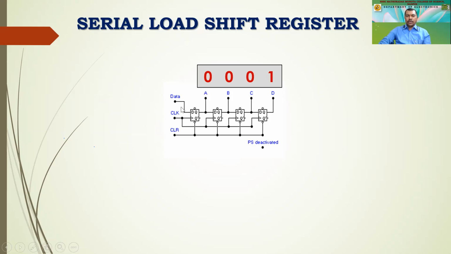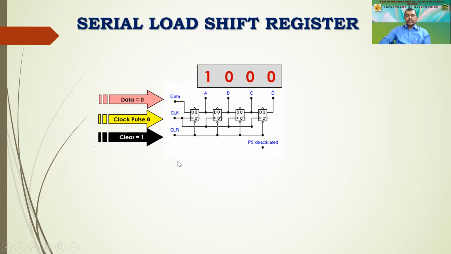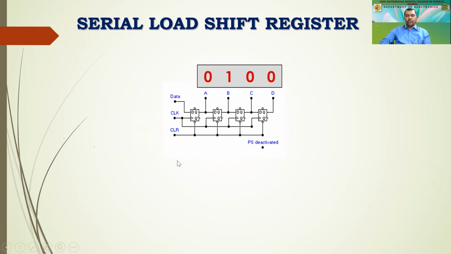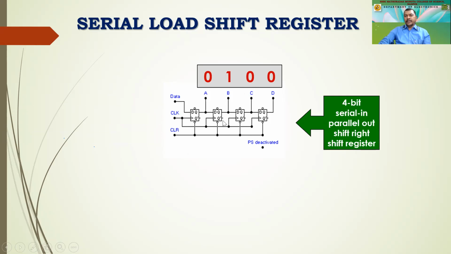So I've given another clock, so we are having this fourth now. Then I've shifted again by 1, so it is changed. Similarly, as you keep on moving, all the 4-bit data is being taken out at the output of the last flip flop, that is D, in the 4-bit serial in, parallel out shift register. We call it the right shift register also. So the data is being shifted from left to right, and I guess you have understood how the data is being shifted.